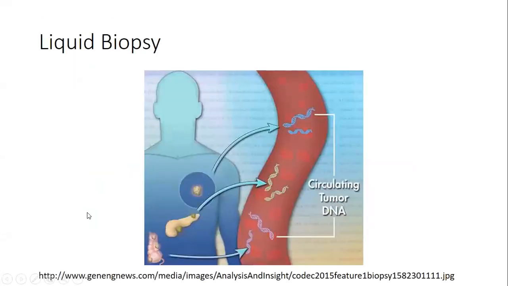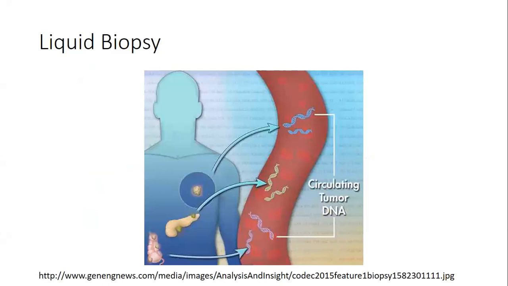The other thing that's become interesting is the ability to do so-called liquid biopsy. As cancer cells grow, a fair number of them die and release DNA into the circulation. That DNA is derived from the tumor, and you can now do sequencing of DNA in the circulation. By the way, we all have some free-floating DNA in our blood, which is derived from cells that naturally die and release that DNA. You may know that in pregnancy, this has become a way of doing prenatal diagnosis because fetal tissue will release DNA into the mother's bloodstream. Well, tumor DNA does that too.